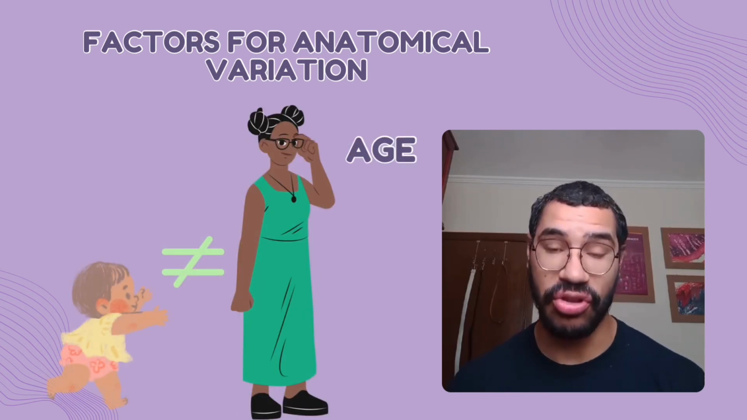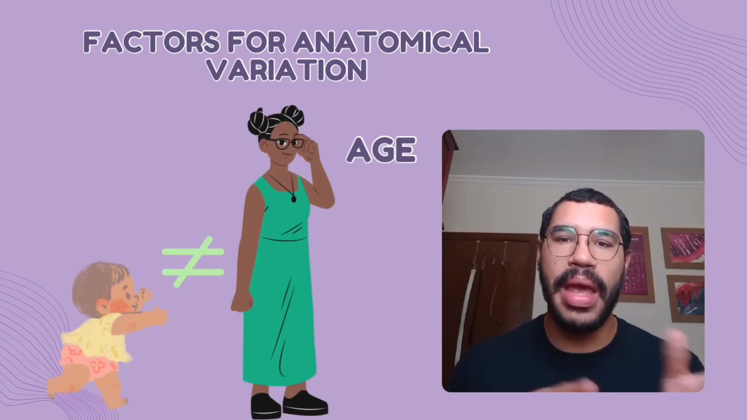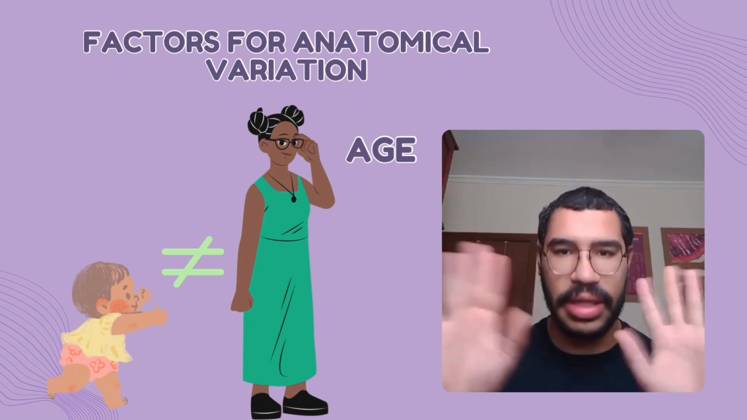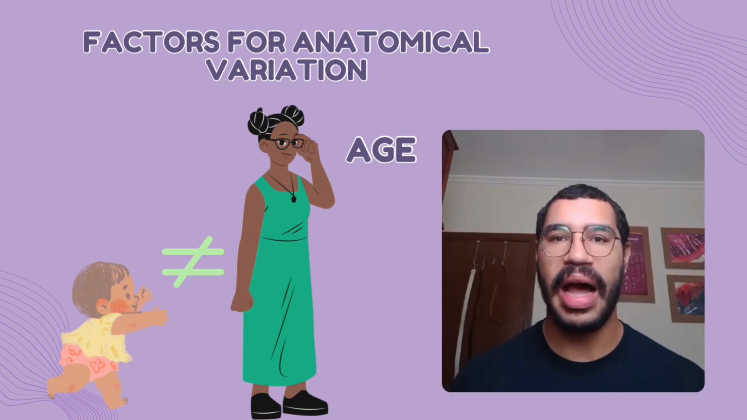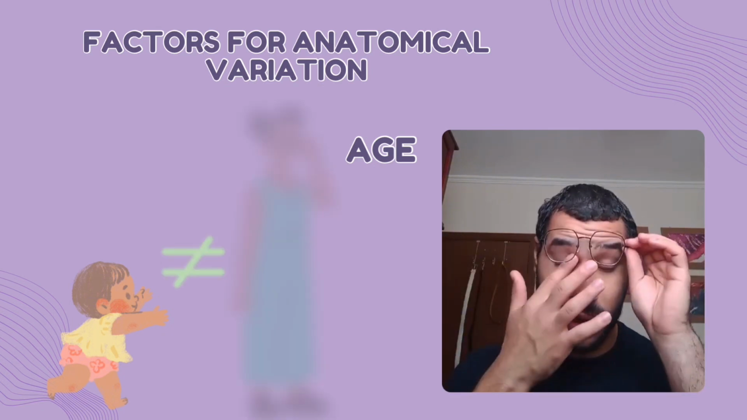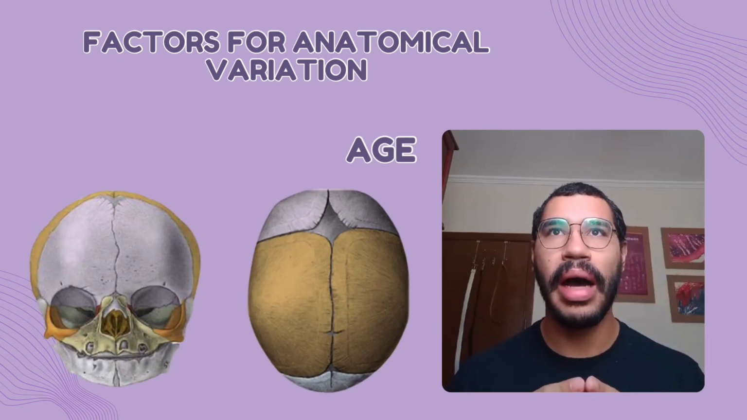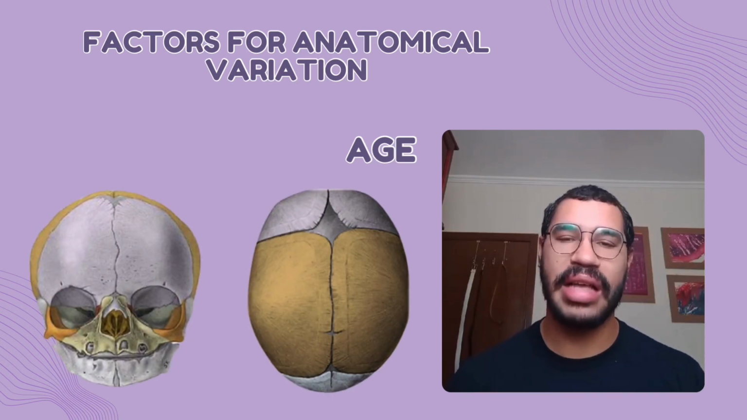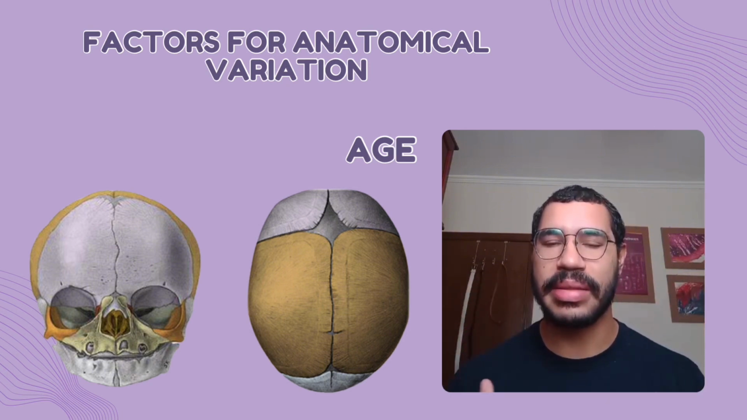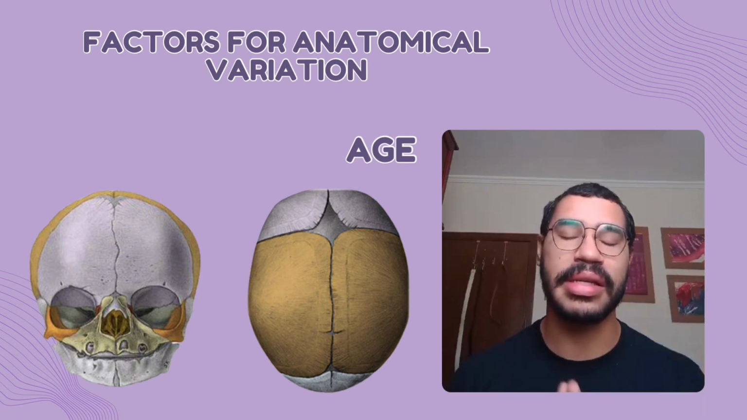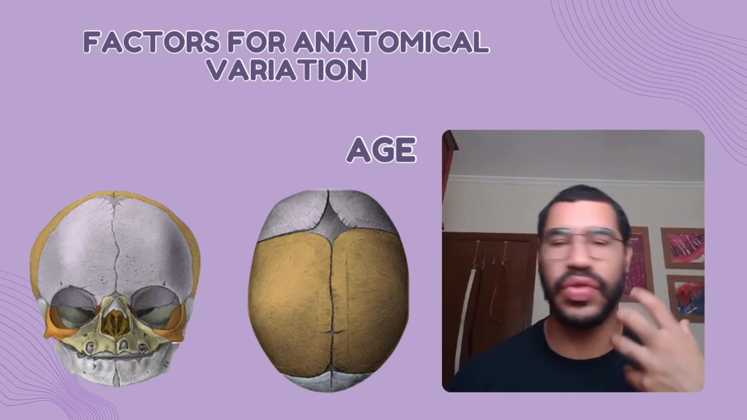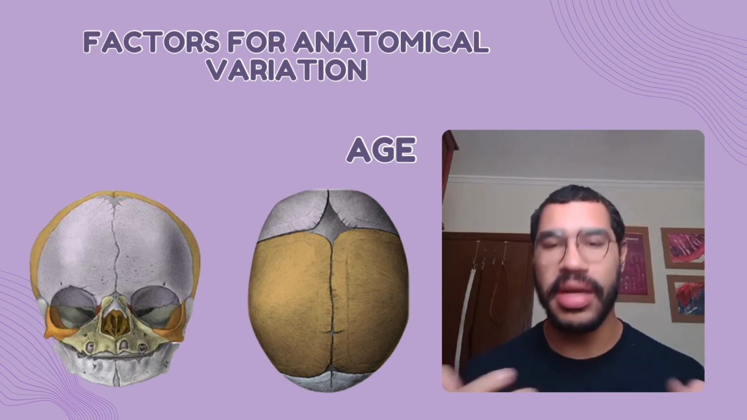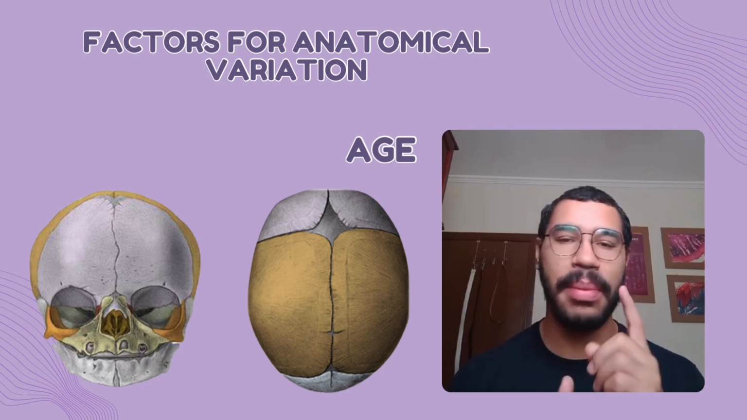Let's start with age, okay? So a baby and an adult will clearly have different anatomies and anatomical variations, but taking as example the skull, okay? A baby's skull has more open spaces, has fontanelles and sutures, etc. And why is that? For mainly 2 reasons. Number 1, to